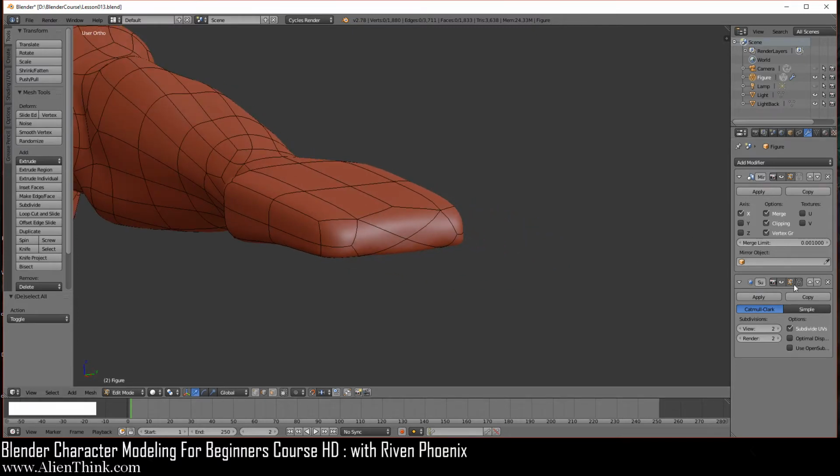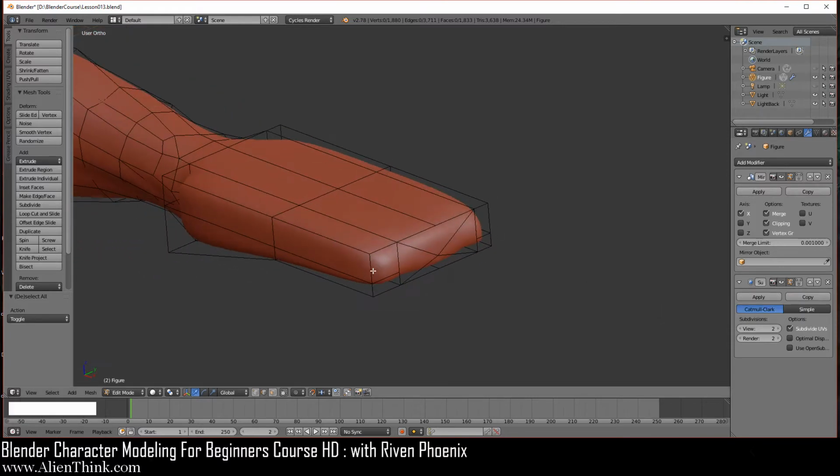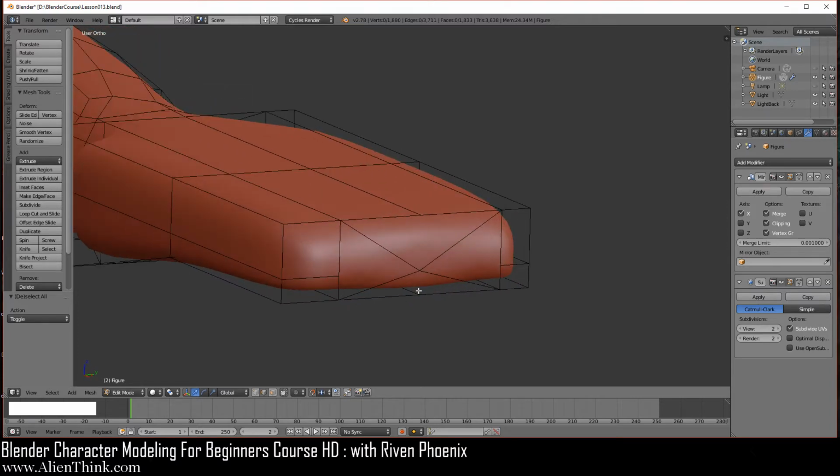Now I'm just going to show you, I'm going to turn off this guy over here. So you'll see that we get the cage. And the cage is really just perfectly aligned. All we have to do is really just attach these vertices so it looks like a rectangle over here. We can do that in both modes.